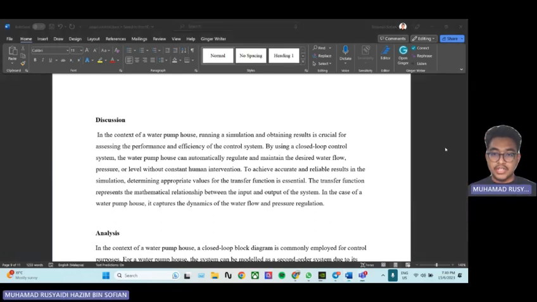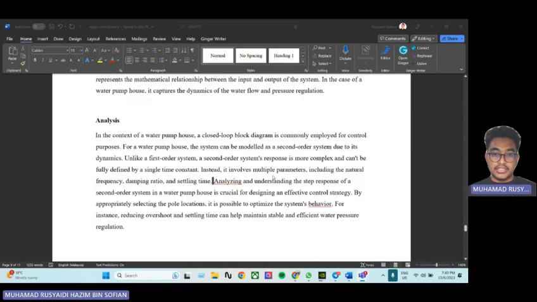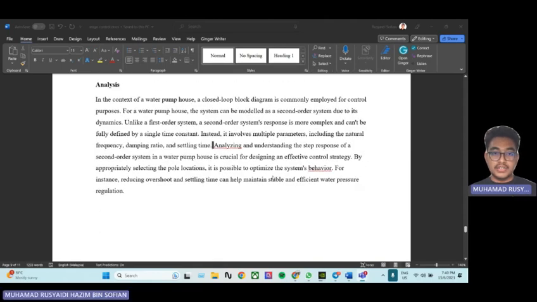To achieve accurate and reliable results in the simulation, determining the appropriate value of the transfer function is essential. The transfer function represents the mathematical relationship between the input and output of the system. In the case of a water pump house, it captures the dynamics of the water flow and pressure regulation. And for the analysis, in the context of a water pump house, a closed-loop block diagram is commonly employed